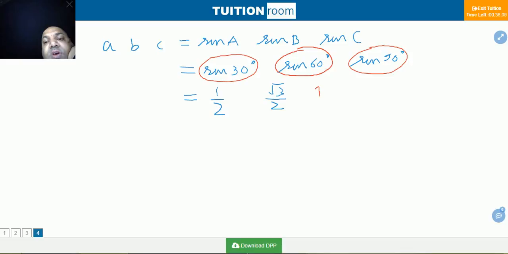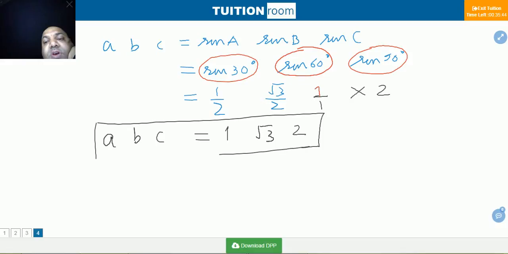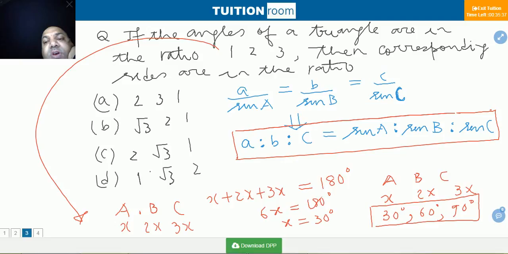याद करो इसको, याद करो. अब देखो. Okay. In a ratio, we can multiply it with any number. If you multiply it by 2, the ratio will remain unchanged. Then the ratio will be this. Hence, we got the ratio of their sides as this. These are the ratio of sides. Hence, the option.